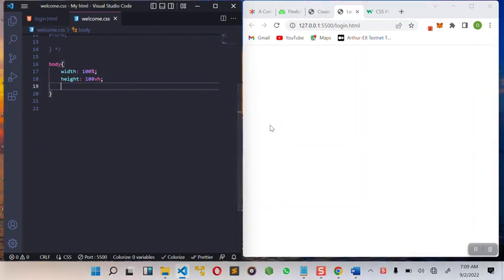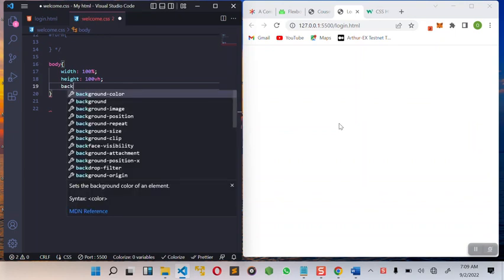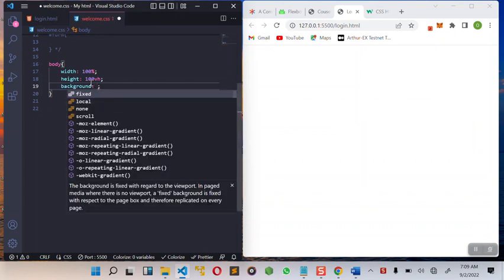By default, our browser background is always white. And when we're talking about linear gradient, it is the way we can mix colors. Okay, let's do it as an example. When we're using linear gradient, we are making use of the background, not using background color. You use it while you are using your background. So let's do